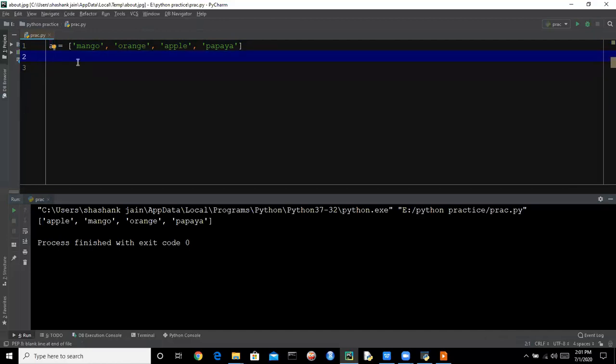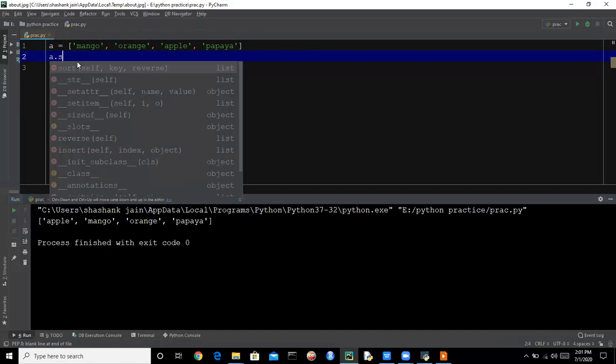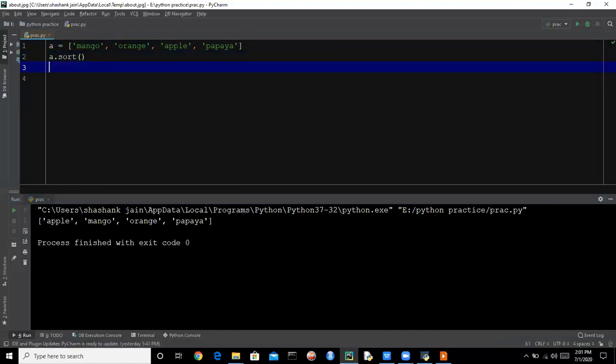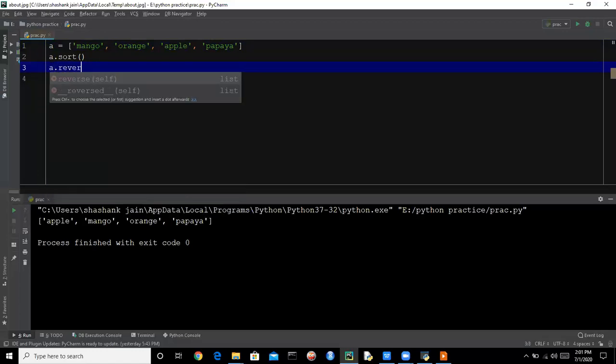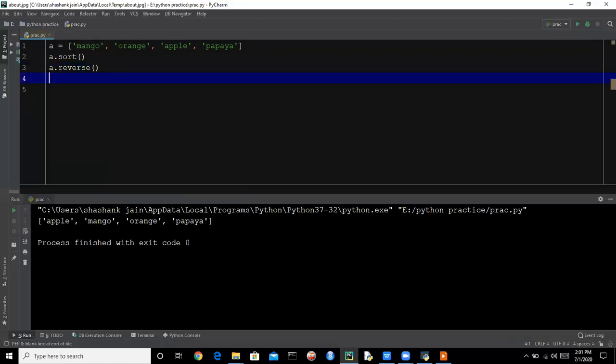If you want to reverse a list after the sorting, you can just do this and you will see that the list is now in descending order.